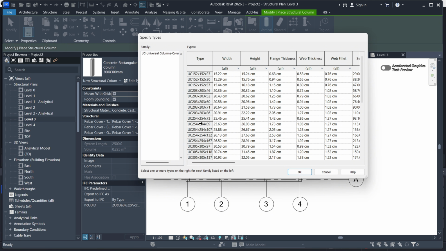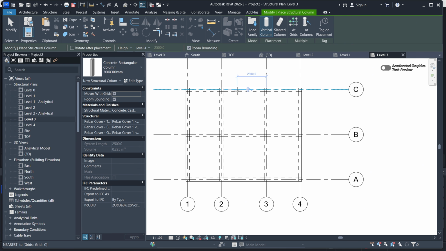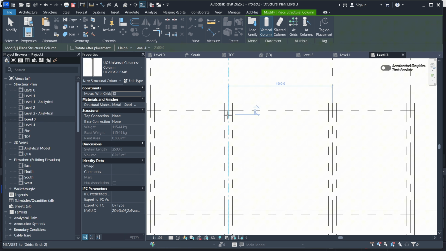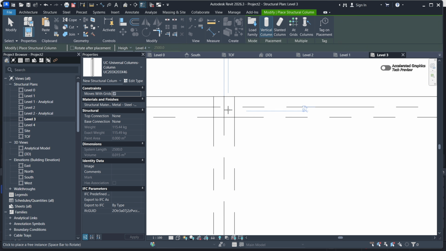Now you can pick what you want. Maybe if I wanted this one at 254, I can open it and override. If it's still there, I can just override it. So this is how you can load from your library. What I'm going to pick is a 203, and once you do that, counter check here, we are at level 3. This is the level. We want to use the height all the way up to level 4. Then go to vertical, make sure that you are on vertical,